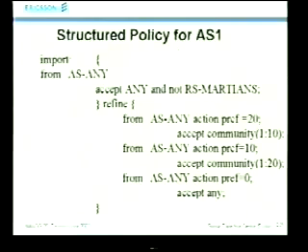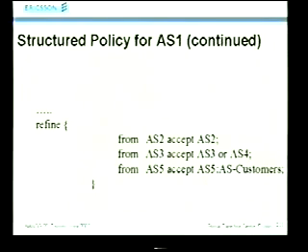This is the autnum object for AS1. Import from AS-ANY, in other words, from any AS in the routing registry, except ANY and not RS-MARTIANS. However, we refine, and here we're talking about routes with these communities 1:10 and 1:20, and no community at all. And I'm afraid I had to go over 2 slides for this. Here is refined again from AS2 except AS2, from AS3 except AS3 or AS4, and from AS5 except AS5,